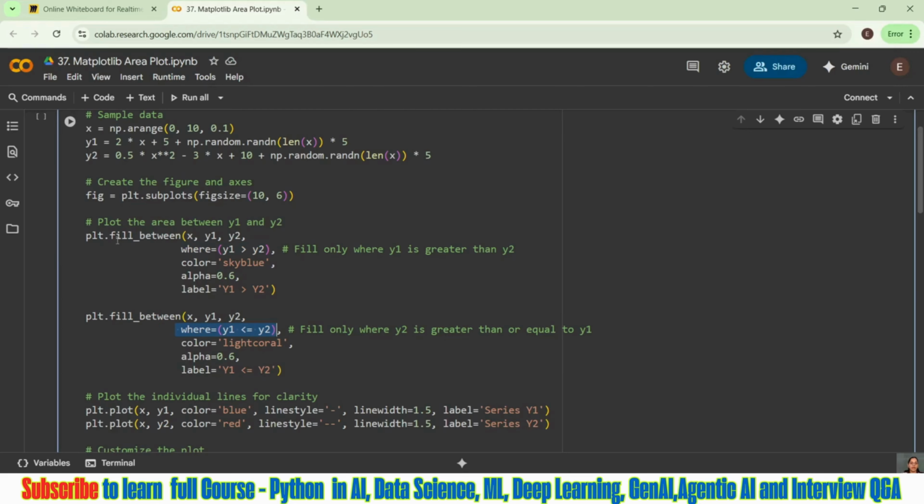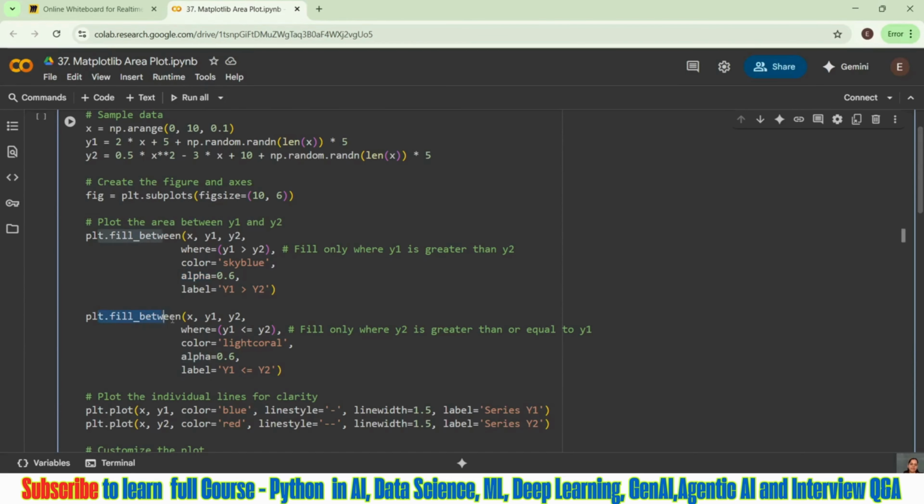I want two different kinds of color filling, according to me. One plot should be filled with the values where my y1 value is greater than y2. It will fill that with some color. Here I have taken sky blue, and the transparency level I have taken alpha 0.6, and I am keeping the label y1 is greater than y2. That means I am going to highlight text, a legend.